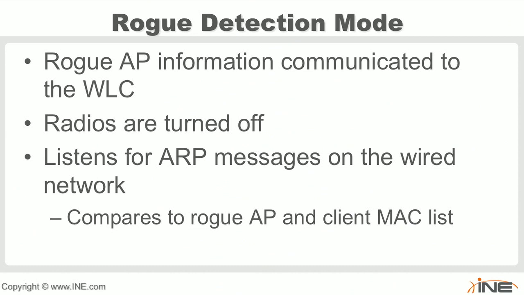But it's basically listening for ARP messages on the wired switch network. And it's because ARP is going to be broadcast, and it's going to compare to rogue APs and client MAC address lists. So this is used for closer pinpointing